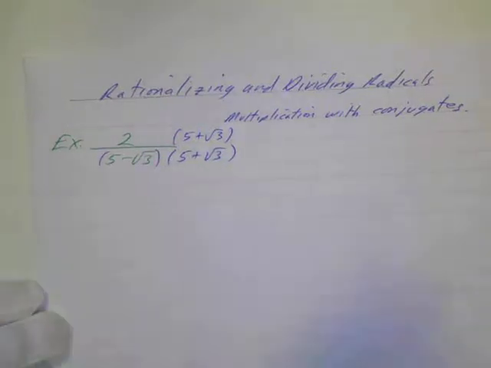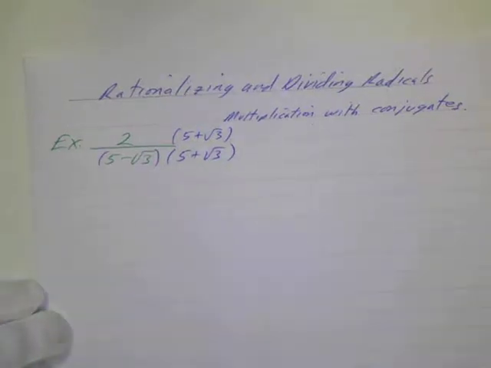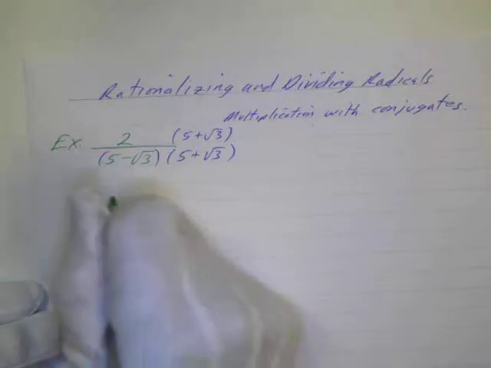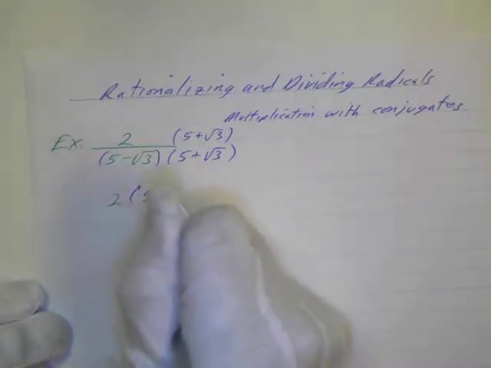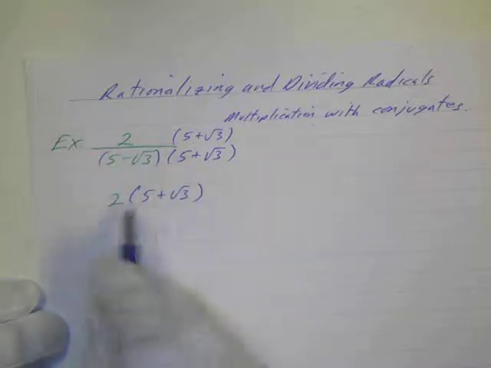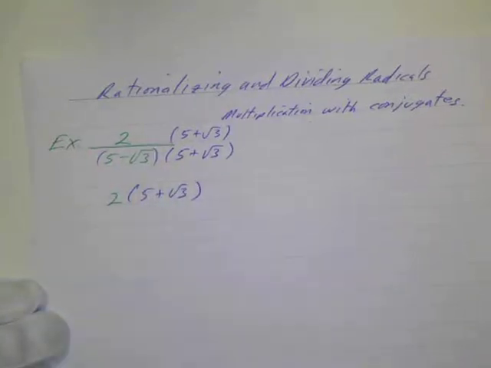Now when we multiply the top, we don't really have to worry too much about that. We're usually worried about the bottom. So that's just going to be 2 times 5 plus the square root of 3. And sometimes it's best just to leave this factored out because it may simplify. Now on the bottom,